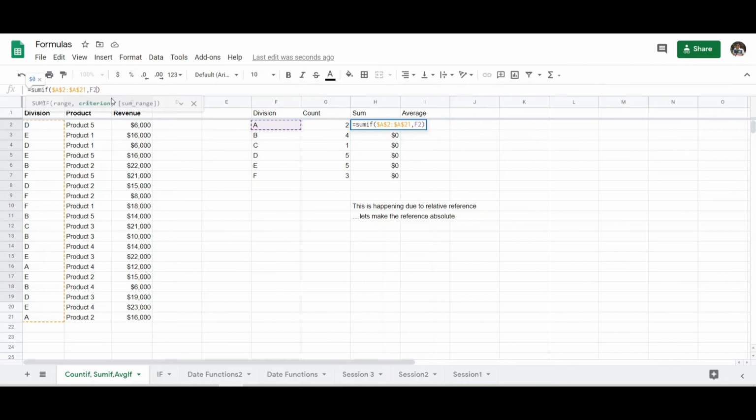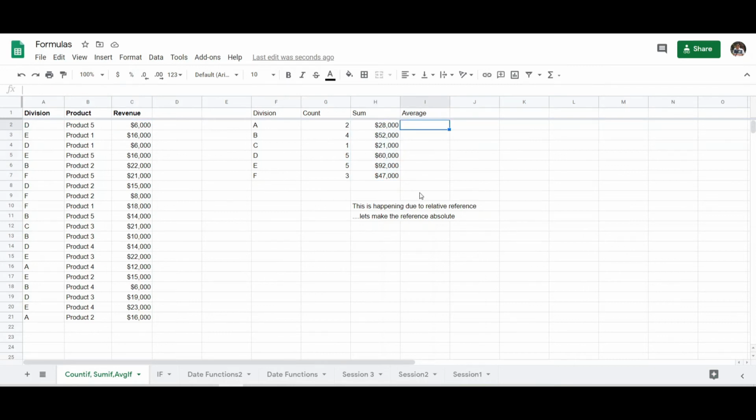That is because we have not supplied the sum range, which is C2 to C21. Let us give this range and block it with the help of function key F4 and enter. This time I am getting numbers. Yes, now this is correct.